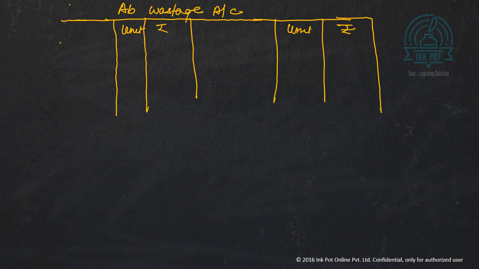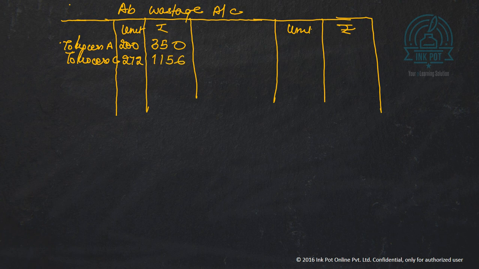So the value of abnormal wastage to process A. Now from process A, the abnormal wastage was 200 units, and the value of 200 units was 350. In process B, we had no abnormal wastage, rather we have abnormal effectiveness, and we'll show that abnormal effectiveness as a gain in abnormal effectiveness account. To process C, again we have abnormal loss in process C. Normal loss will be shown in normal loss account. So 1156 is the value of 272 units. 272 units were there, 1156 is the value, right?